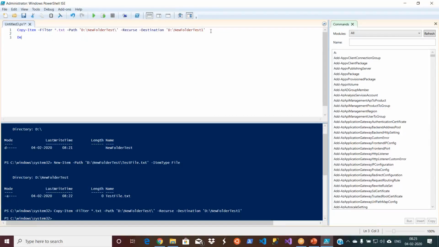So for delete, the other name is remove. That's what you say. But there are many things there, that's why it is displaying. So let's say remove, and under remove there are many commands here. It goes by alphabetical order. So it's Remove-Item, and then you give the path. That's it. Directly. I want to delete this.